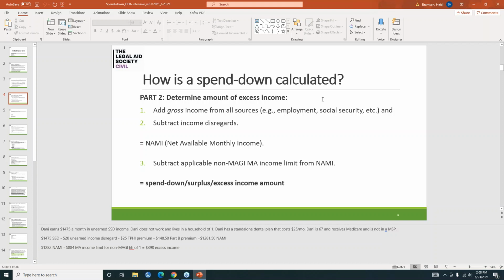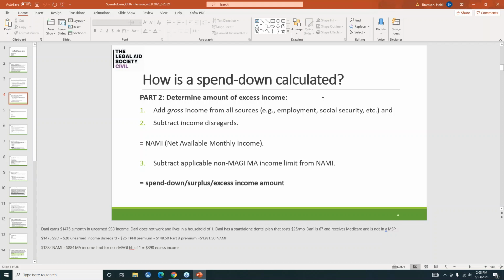Our consumer Danny earns $1,475 a month in SSD income. Danny does not work, lives in a household of one. Danny has a standalone dental plan that costs $25 a month. Danny is 67 years old, receives Medicare. Danny is not in a Medicare savings program.